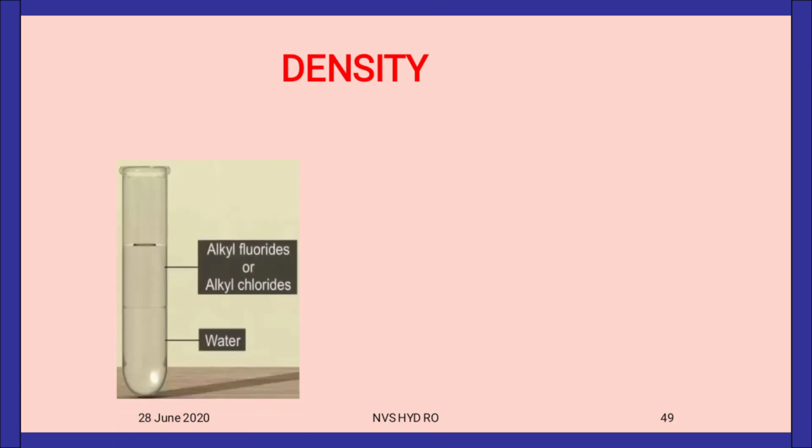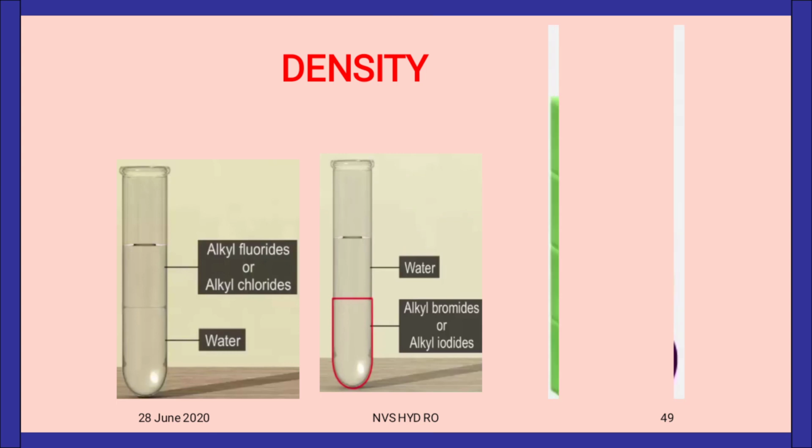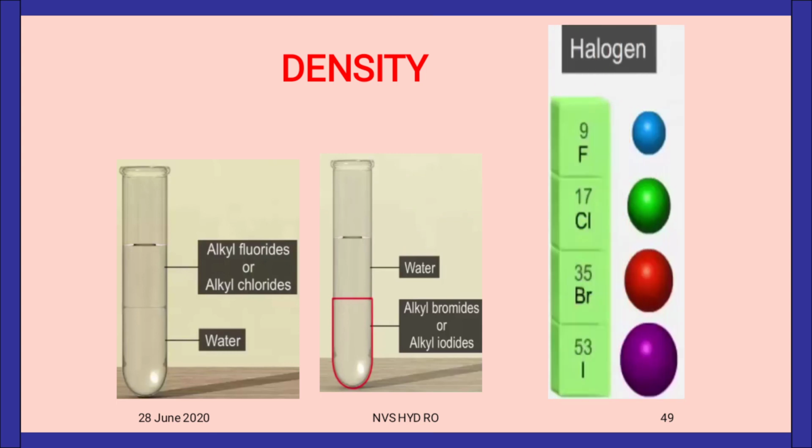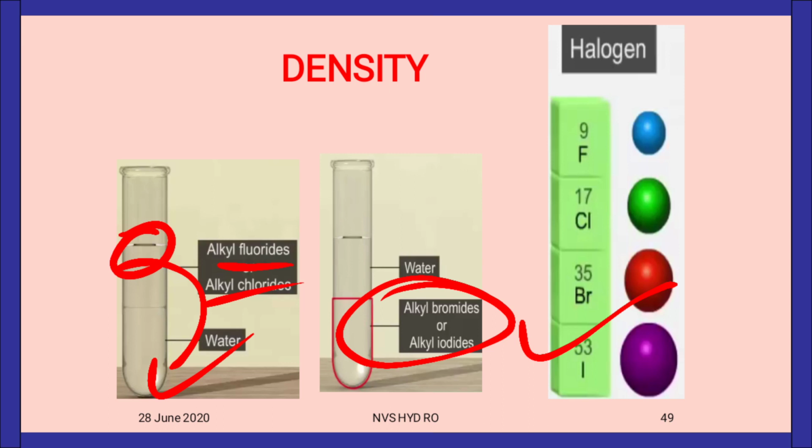ठीक है, density एक बार फिर से मैं दिखा देता हूँ. अब density का क्या मतलब होगा कि अगर आप इसको add करोगे alkyl fluorides और alkyl chlorides को, तो आप देखोगे settle हो जाएंगे, they will form and precipitate. ठीक है,